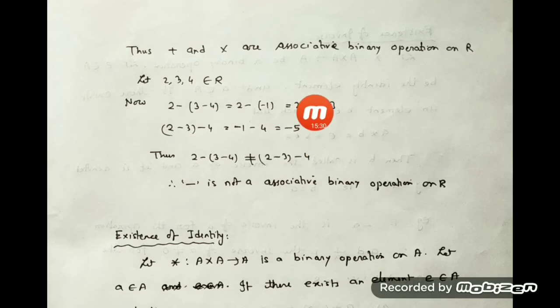So we have seen this is equal to 3, it is not minus 5. So they are not equal. That means minus is not an associative binary operation. Okay, it is a binary operation but not associative. Similarly, you can give examples for division also. Same numbers you can take, instead of minus, you just replace the minus by division. You will see that division is also a binary operation but not associative.